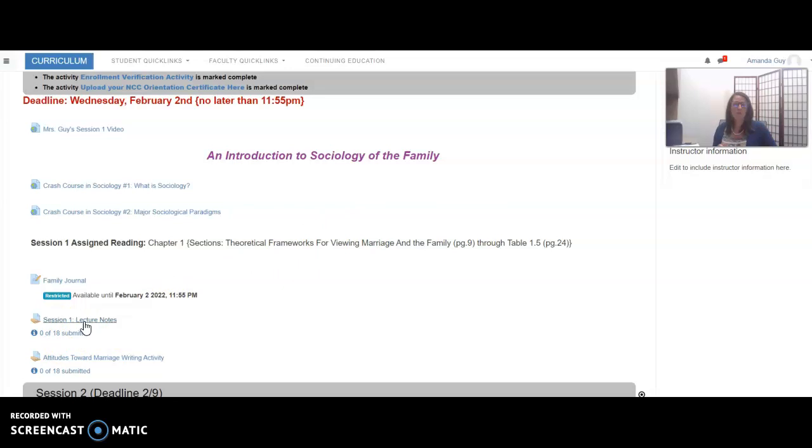When you are submitting your lecture notes or your attitudes towards marriage writing activity, you will actually submit right through your Google Drive because that is connected to Moodle. So you can click a button, access your Google Drive, and it pulls your assignment right over. I do not have the ability to show you how to do that because I'm not a student in Moodle.